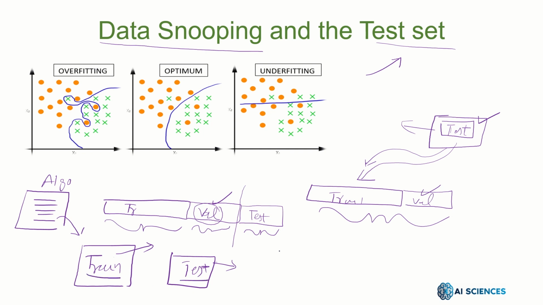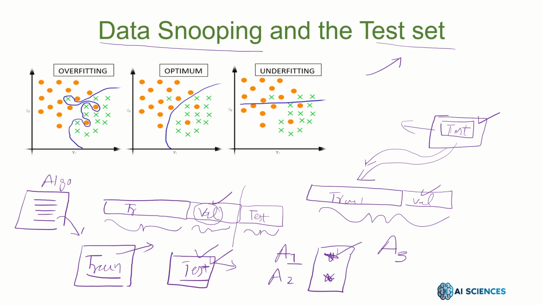For example, algorithm 1 says that on this particular data, the result is this much. Algorithm 2 says on this particular split, the test results or the generalization results are this much. Now you are seeing all these algorithms and their results. And now after seeing all the results on this particular test data, you are deciding your new algorithm, let's say A3, and you are thinking that